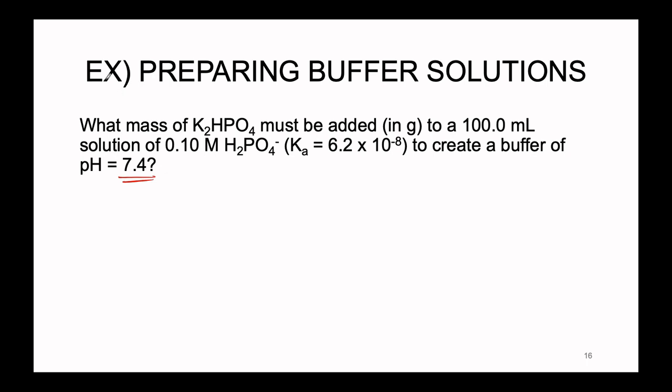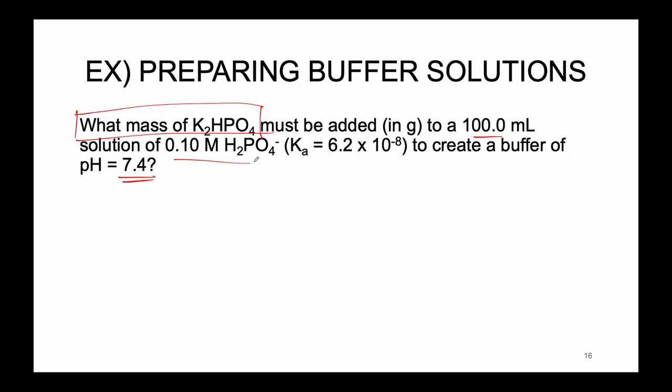So our question is, what mass of K2HPO4 are we going to have to add to a solution that is 100 milliliters total, that currently is a 0.1 molar solution of H2PO4 minus? The Ka of this molecule is present here. In order to create that buffer, how much of the hydrogen phosphate do we have to add to the dihydrogen phosphate